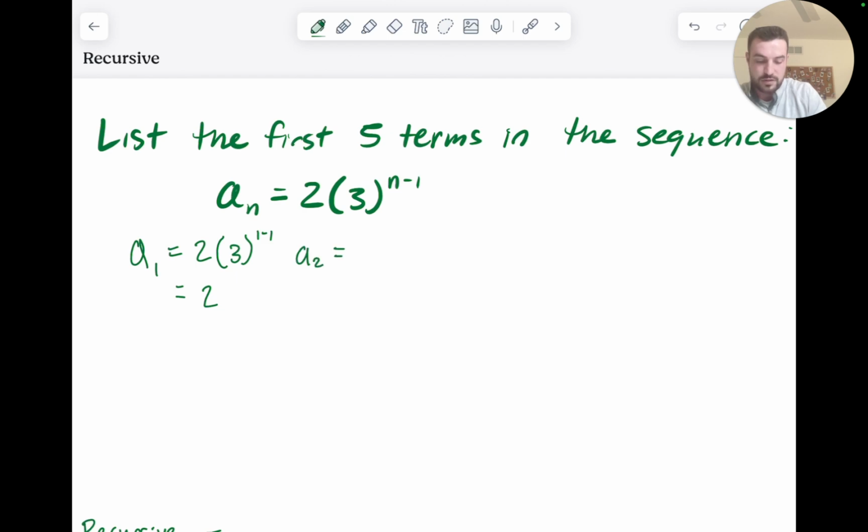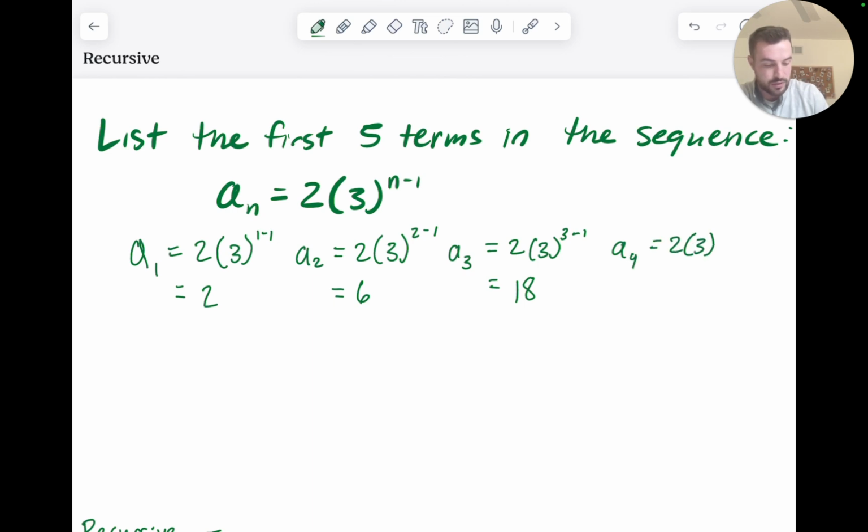If I want to find my second term, I do the exact same thing, except instead I'm going to plug in 2, and when I simplify, I get 6. If I want to find the third term, I do the same thing, and again, I plug in 3, which is going to give me 18. The fourth term is going to be 2 times 3 to the 4 minus 1, which is 18 times 3. Well, 18 times 2 is 36, 54, and that means that the fifth term is going to be 2 times 3 to the 5 minus 1,